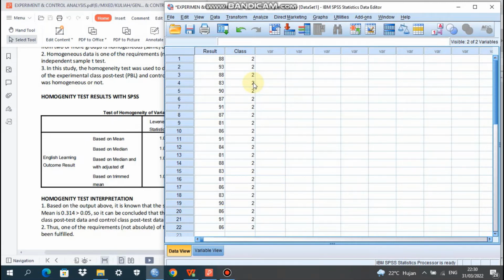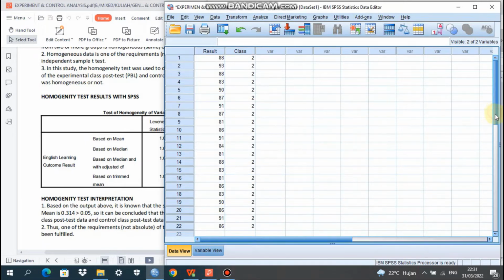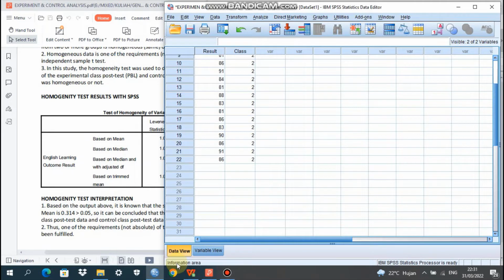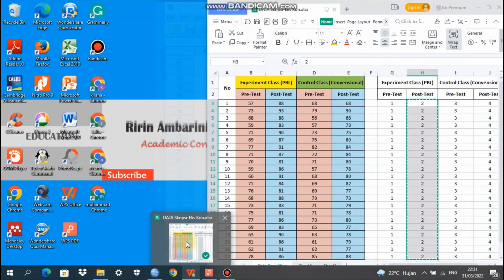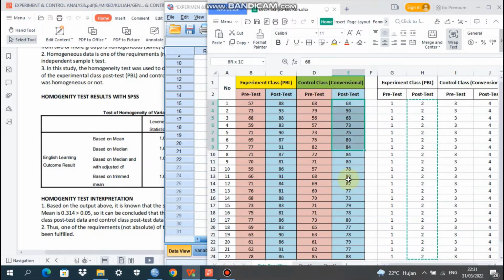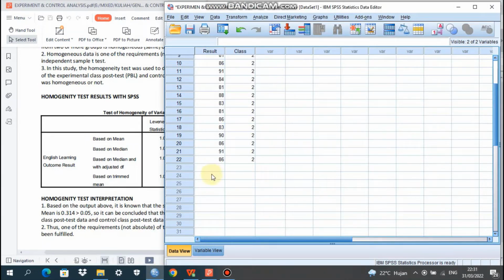And next, we go to line 23. We go to the Excel data. We copy this one, the post-test of the conventional model, control class.